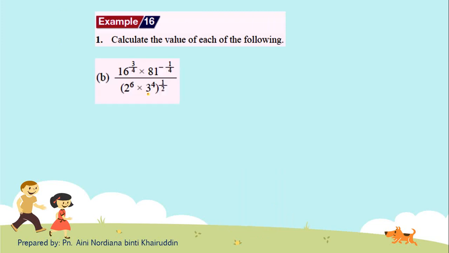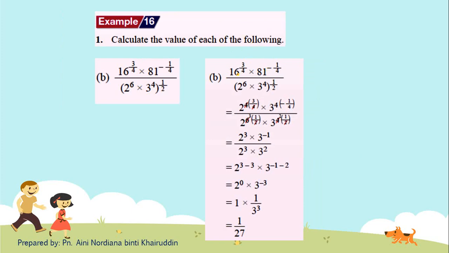Next, B. This is the question. 16 changes to 2 to the power of 4. This is the power to the power of 3 over 4. 81 changes to 3 to the power of 4, to the power of negative 1 over 4. Taking out this. So 2 to the power of 6 times 1 over 2, times 3 to the power of 4 to the power of 1 over 2. Cancel out 4 to cube times 3 to the power of negative 1